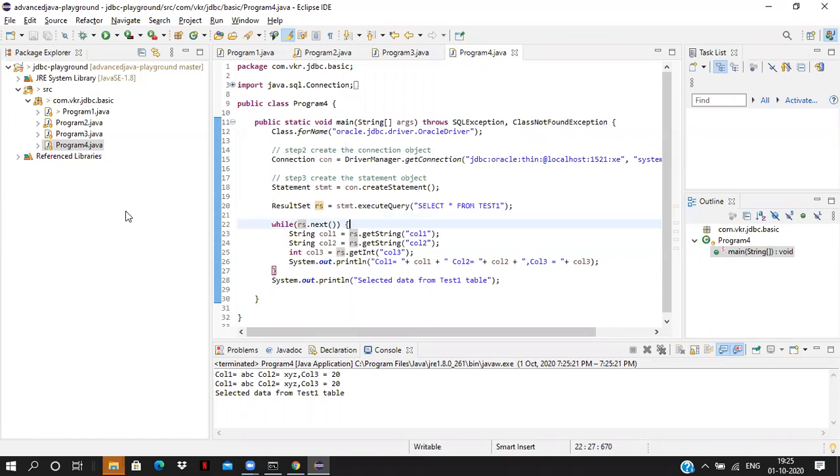Now we have seen all the small basic concepts of JDBC: how to read the data, how to create a table, how to drop the table. Tomorrow we can see some advanced concepts of JDBC. It looks like everything is simple, but we have to understand the basic things, all the steps. If you know the basic steps, we are able to interact with the database. We can see it in tomorrow's class.